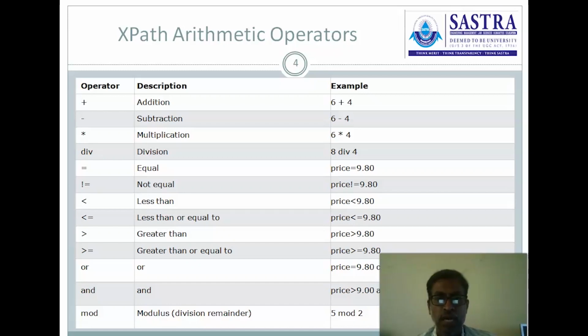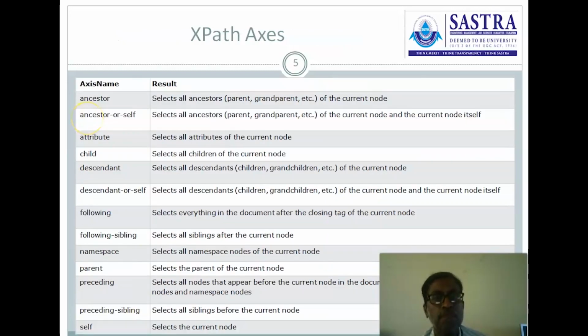And then modulus operator, MOD, 5 mod 2. We will get the remainder of this division, 5 divided by 2. So up to this, XPATH arithmetic operators are over, and then